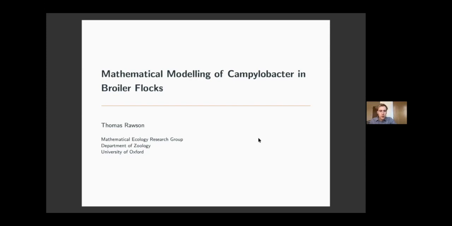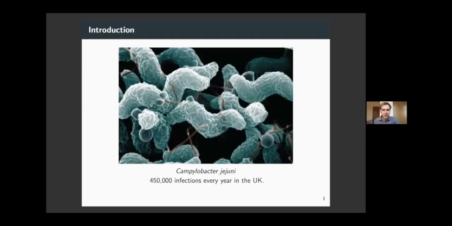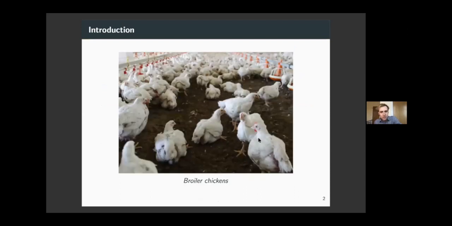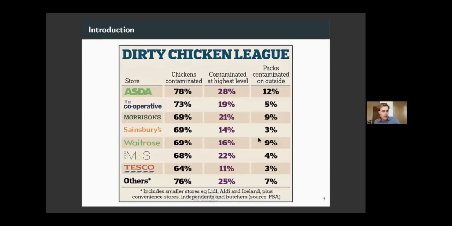So I'll jump on in, and the benefit, I suppose, of talking to the Campy group is that I don't have to spend the first 3 minutes talking about what Campylobacter or chickens is, but I include the slides anyway for posterity, as I'm sure everyone is aware. Campylobacter is one of the leading causes of food poisoning in the UK, primarily gained through poultry flocks and poultry meat, and this has really overtaken the commercial poultry industry by storm.